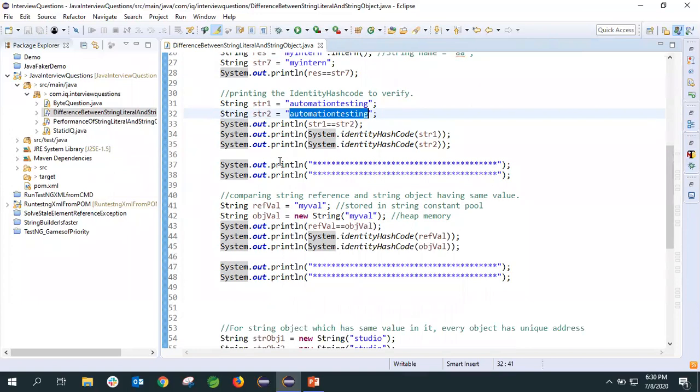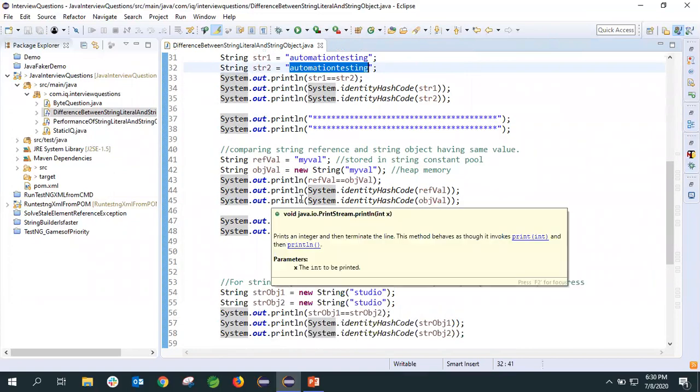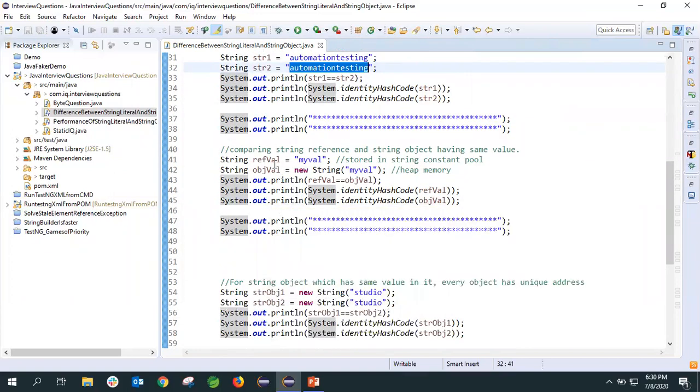Okay, let's see the third scenario. Here, what we have done is created a string literal as well as a string object, and the value of the string literal and object is the same. Let's see what will happen. In this case, it will create my val in the string constant pool.